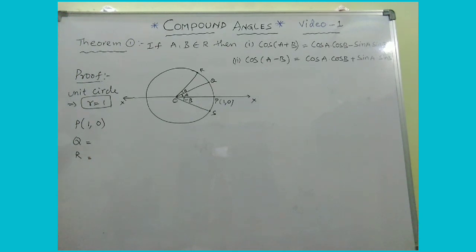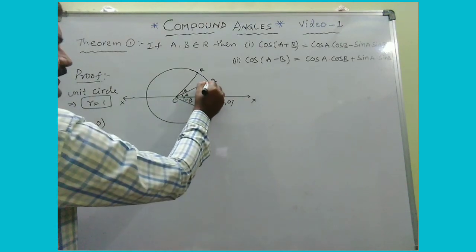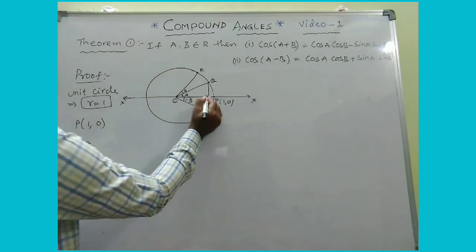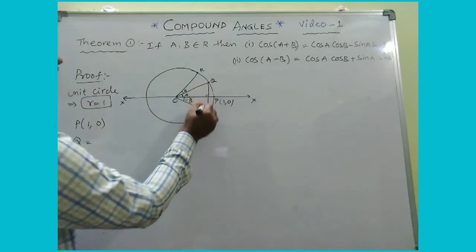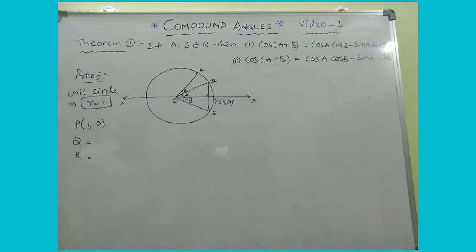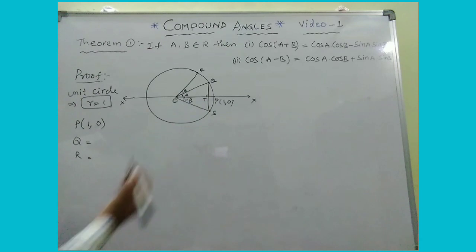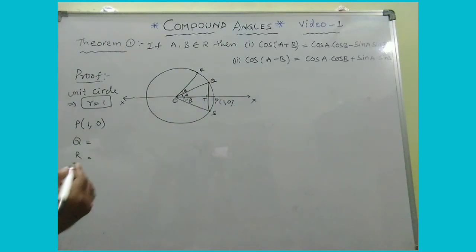Okay. So now let us discuss the coordinates of Q. So please draw the perpendicular from Q. It can be extended like this. For example, the perpendicular drawn from Q to the x-axis meets it at, assume, T, capital T. So please listen to this carefully. This concept is most important.